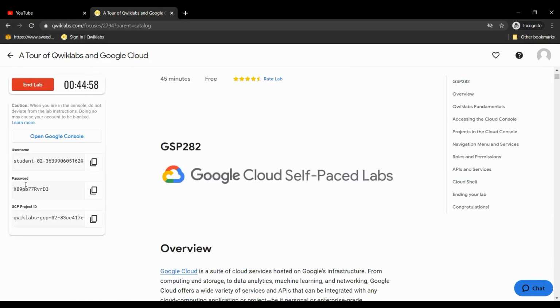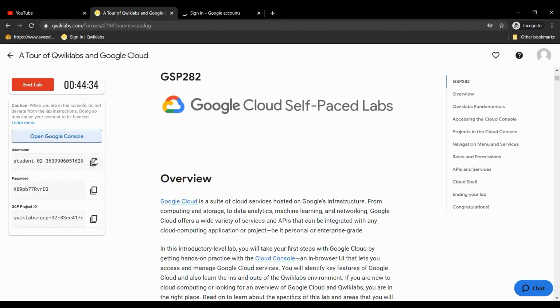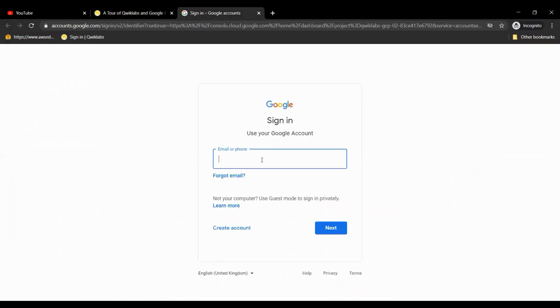Here we can see we got the Open Google Console button and the username, password, and GCP project ID. These credentials will be completely different for every lab, and they're just temporary, only for this particular lab. And we'll open the Google Console. We'll copy the username or the email ID, and we'll just paste it here.